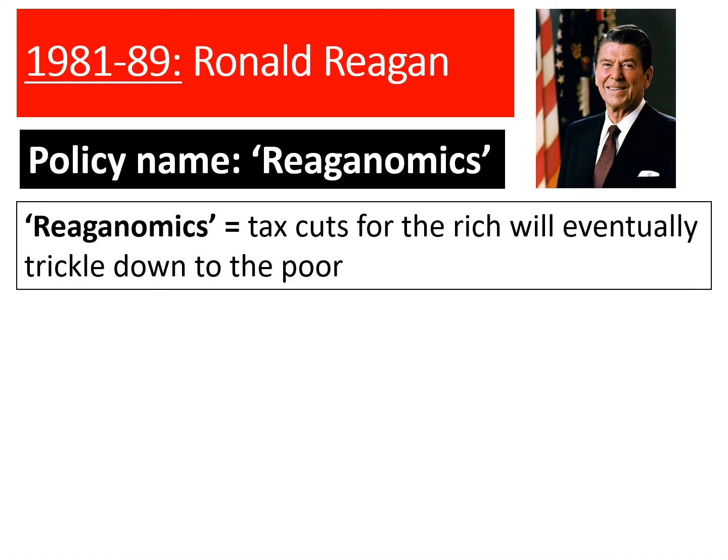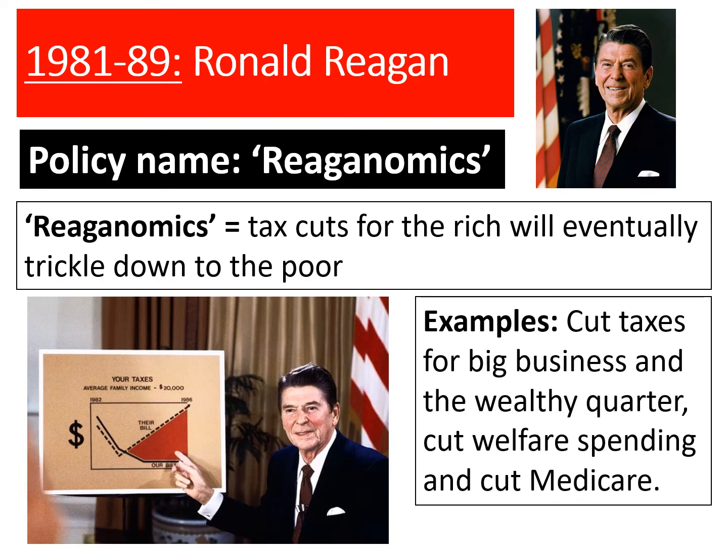Then their workers will receive the benefits because there's more jobs created, or they're getting a higher wage than they were before. That should mean that unemployment should go down. That should mean that the government should have to spend less on benefits, such as unemployment benefits, because there are less unemployed people. So that's the general idea of Reaganomics. It takes a long time for it to work, and it didn't particularly work in the 80s in America.